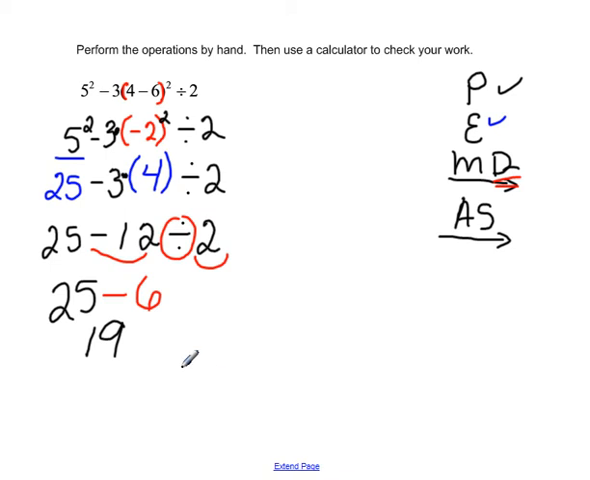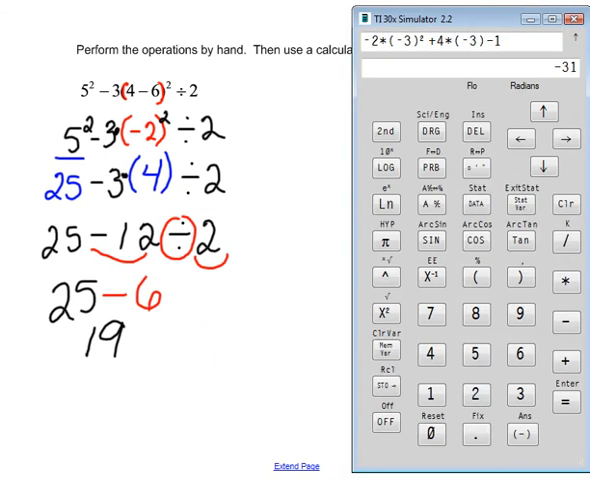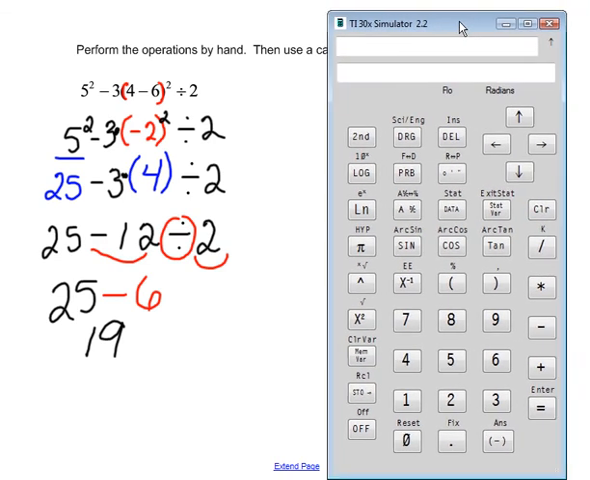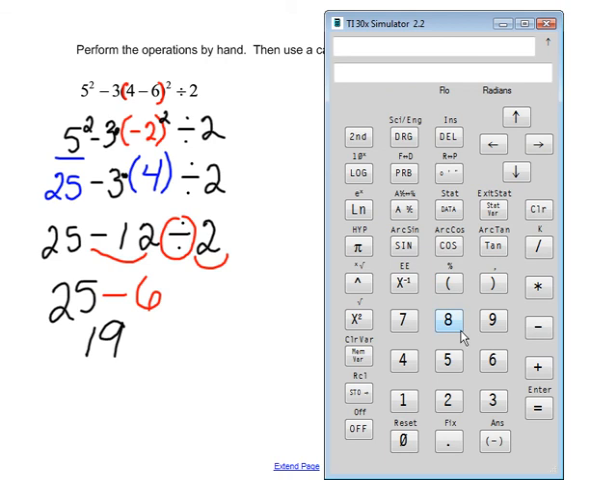Now let's take a look and see if our calculator gives us the same thing. So when we pull up our calculator, let me clear out my last problem. We want to be careful to enter everything in very, very carefully, because if we enter information into the calculator wrong, our calculator will do exactly what we tell it to do, even if what we told it to do is wrong. So let's see, we had in our original problem we had 5 squared, so 5 and then the